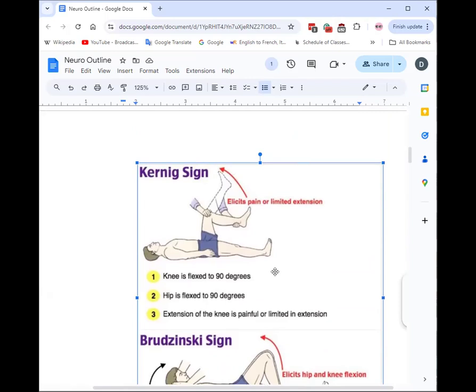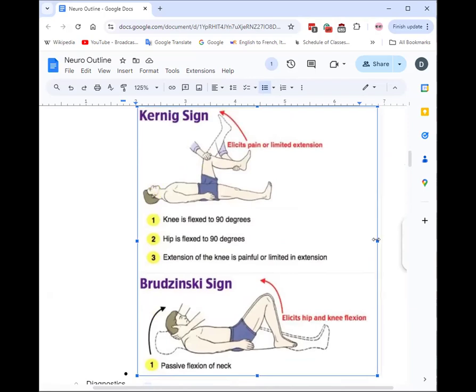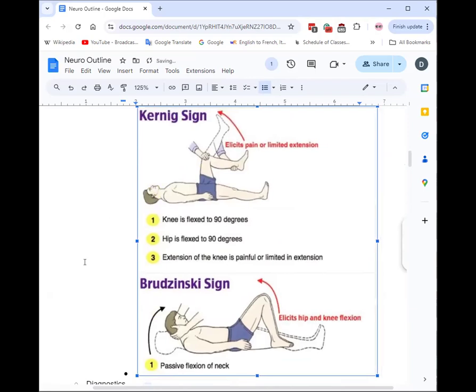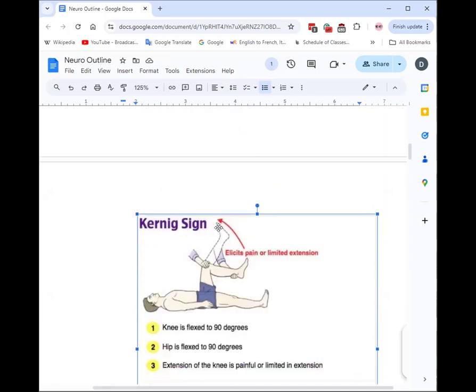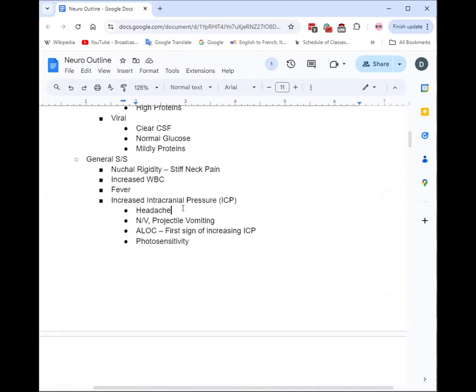Okay, you mentioned it was for ICP. I just wanted to clarify that. Then I saw Anne and Edgar put down hypertension and bradycardia. I was talking about the Cushing's triad a little bit yesterday. Oh, okay, you talked to them about that. I did, so I think that's what they're referring to as well.